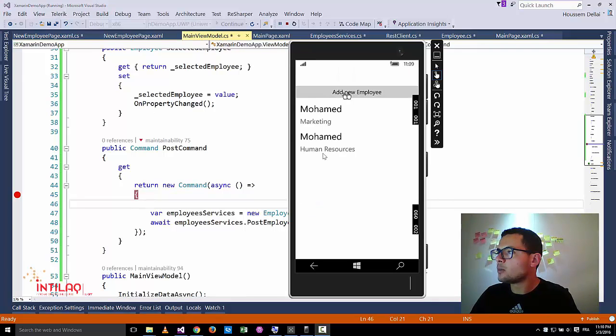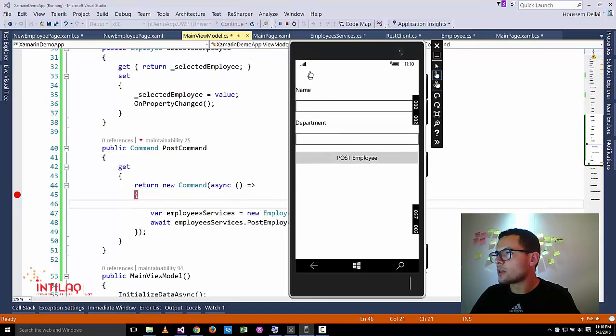So here I have the add employee button. I click on that so that I go to the next page, where here I can